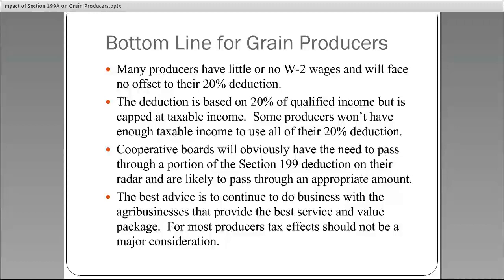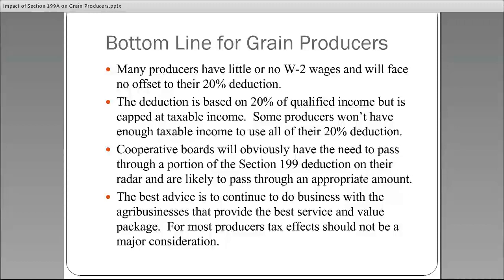And then there's an offset at the producer level, which is not linked. Both of those, probably the W-2 wages, are the binding part of that. If you look at it for a typical co-op and a typical producer, it looks to me like the co-op's going to be able to pass through a portion of theirs, and they'll offset what the typical producer at least would need on their end.